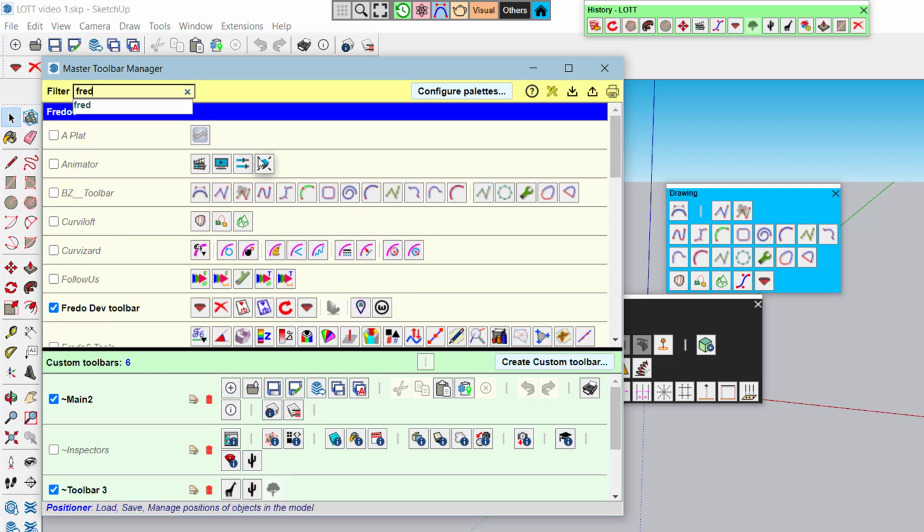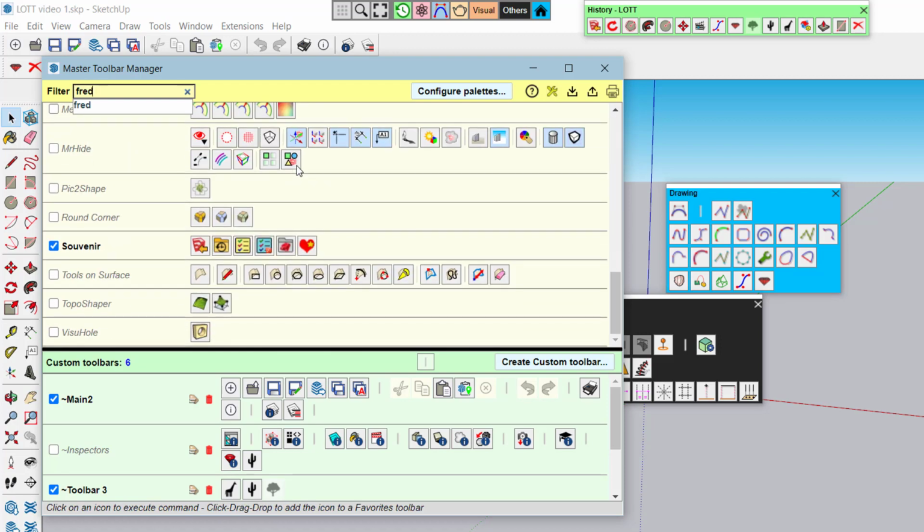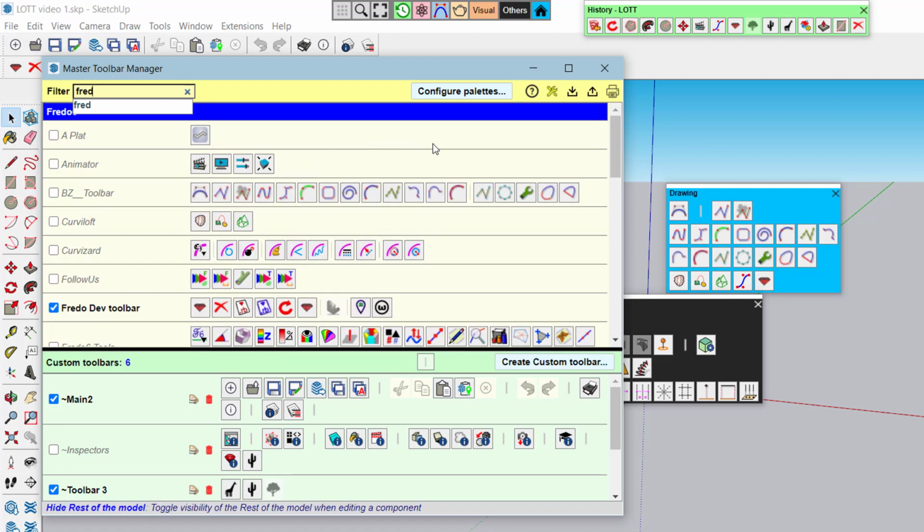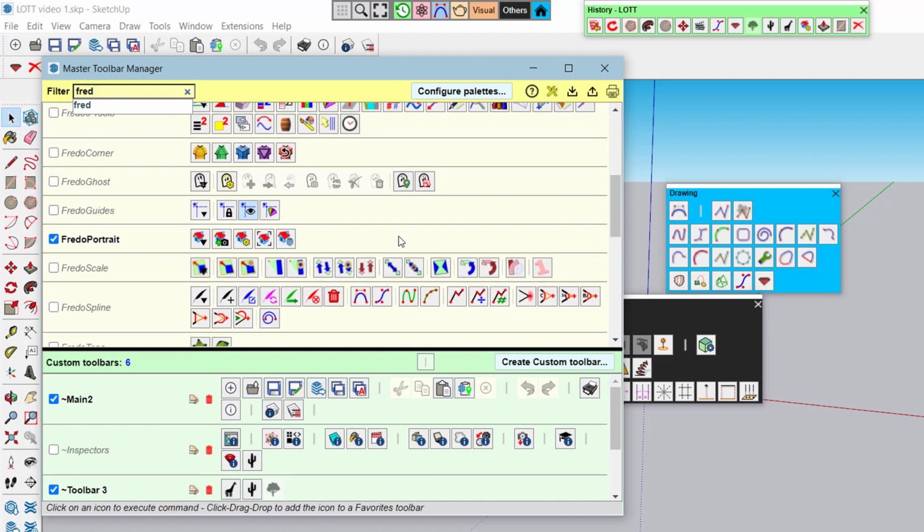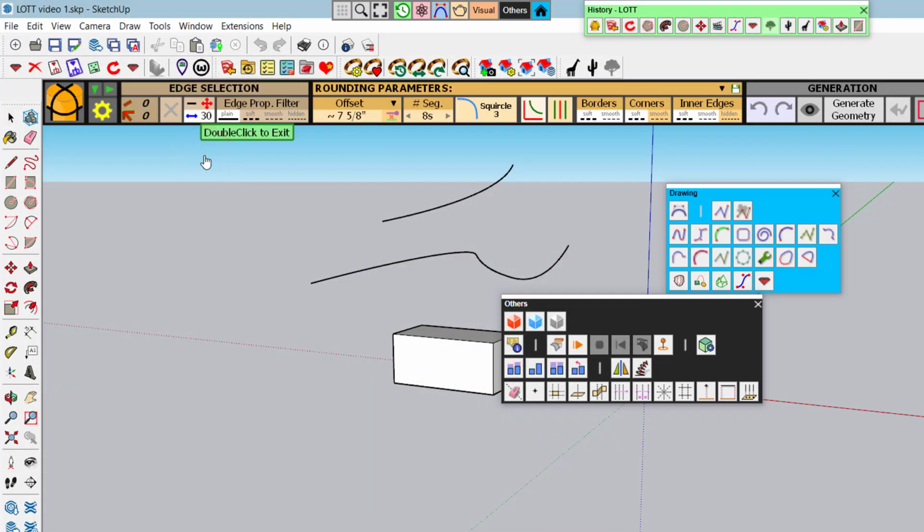But if I type Fred, it will disappear. Okay, so that's how you do it. So it can be convenient to retrieve an icon, and of course if you press a button here, an icon here, you execute it.